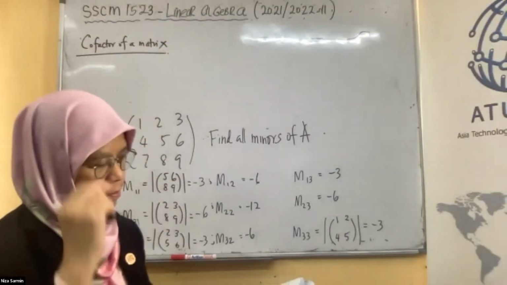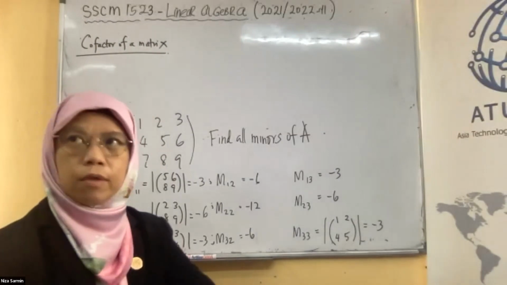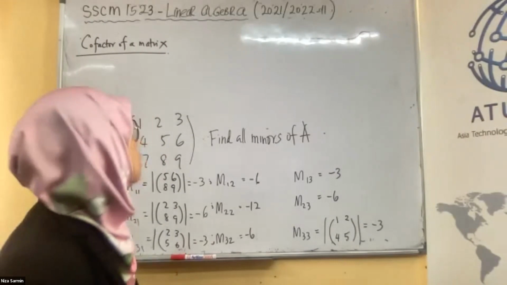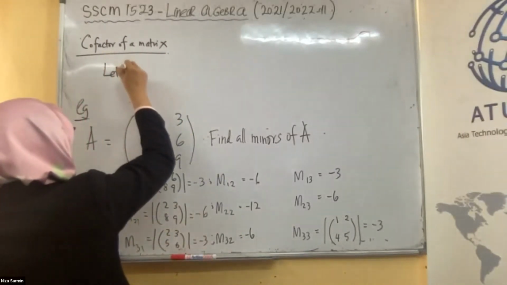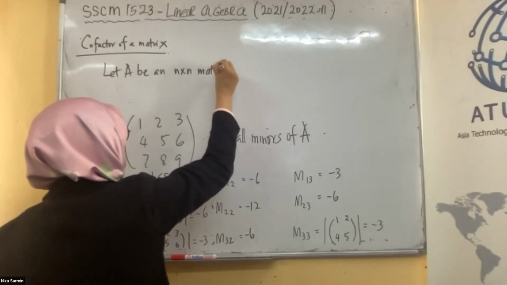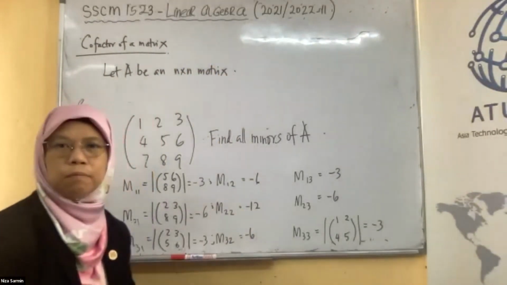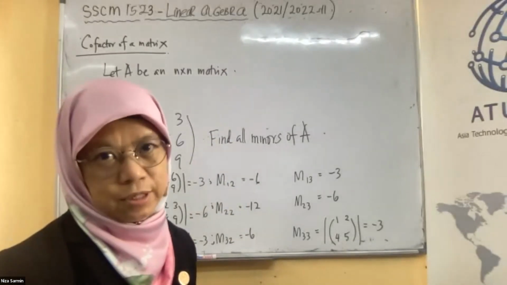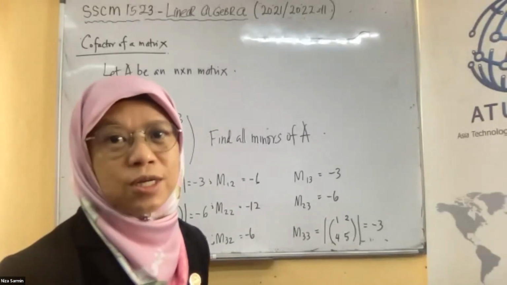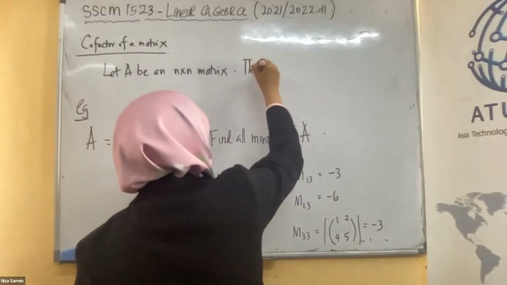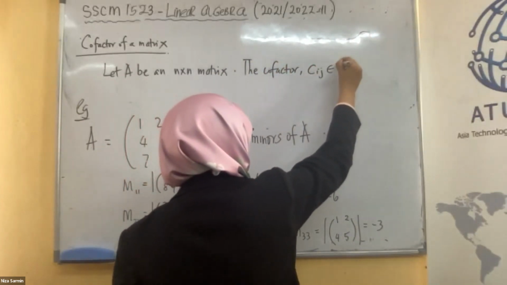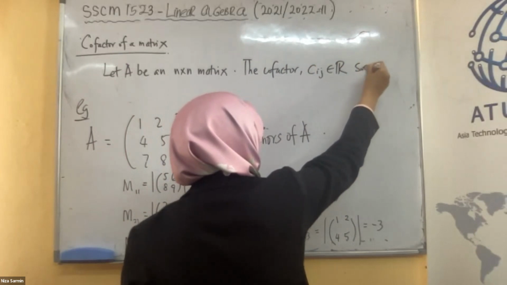Cofactor of a matrix. Okay, still let A be an n by n matrix. This is very important. You don't talk about any rectangular matrix, just a square matrix. Okay, the cofactor is also a scalar. The cofactor Cij is a scalar such that,